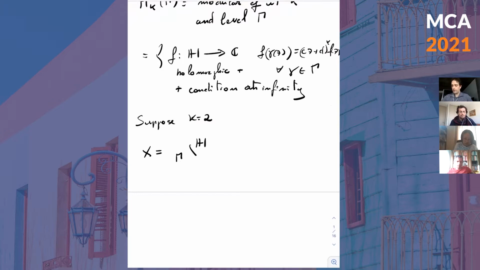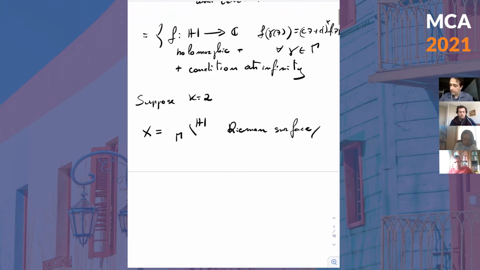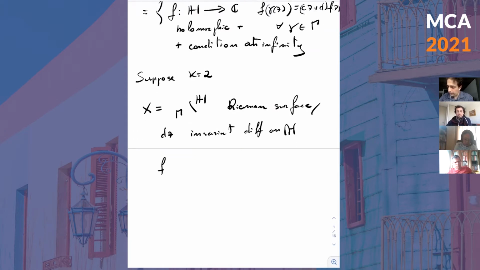This is an algebraic curve, a priori a Riemann surface, but it is even defined over a number field. And we see that if I consider dz, the invariant differential on H, what do I get? I consider f(z)dz, and I notice that this is a Γ-invariant one-form